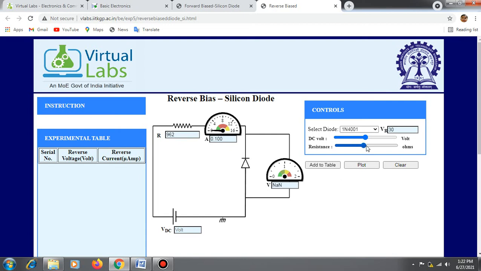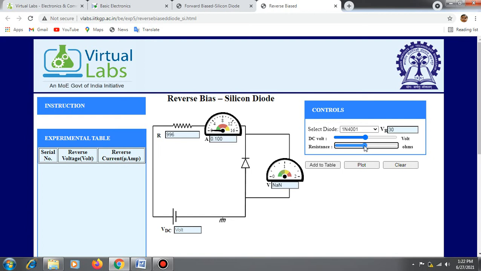So for the minute variations, you can use the arrow keys on your keyboard. So minute variations can be done by the use of right or left arrow in the keyboard according to your value.